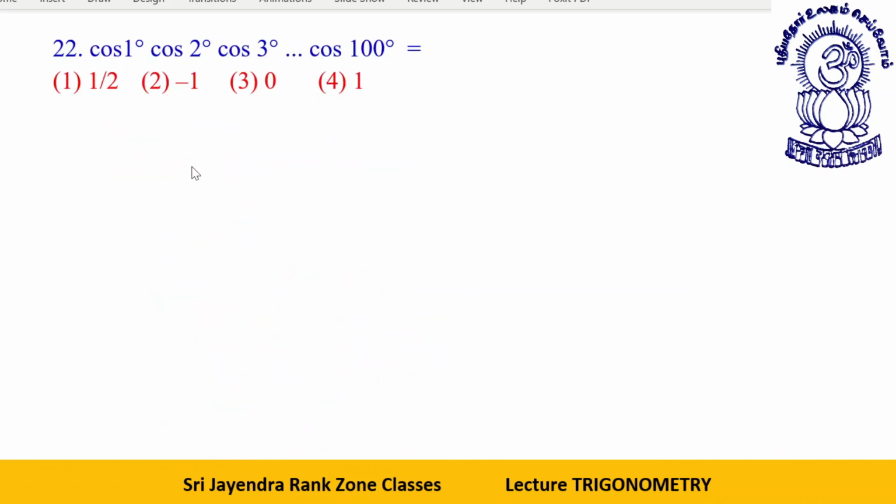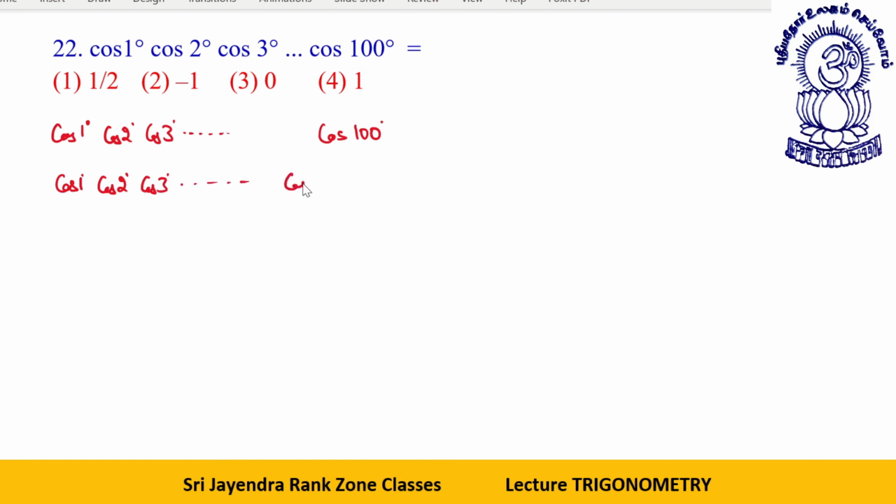Before I proceed to the next exercise, I just encountered a very good question, a very tricky one. You have cos 1 degree, cos 2 degrees, cos 3 degrees up to cos 100 degrees. What will be the value? Dear students, do we have the knowledge of finding the value of cos 1 degree, cos 2 degrees, cos 3 degrees? Why would the examiner ask such a question if we can't determine these values? This is sheer wastage of time. But he might be having some insight that we can solve this if we apply a bit of logic.